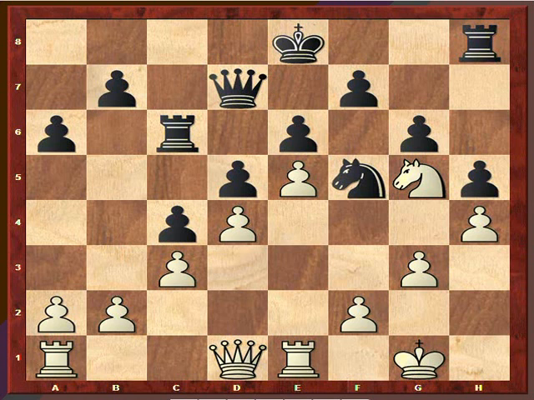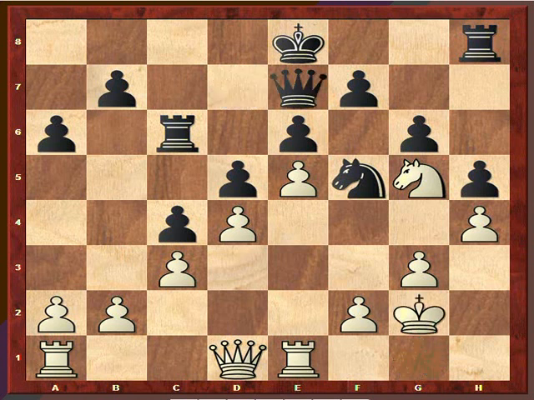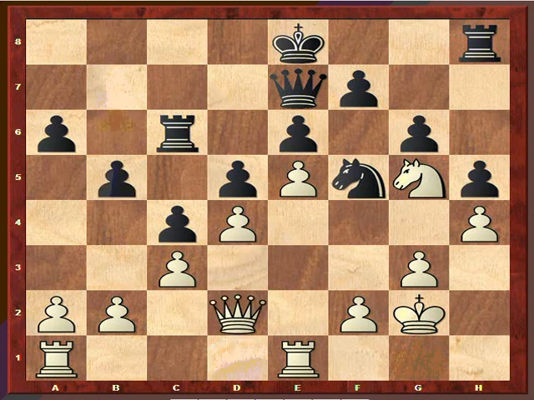it's still not clear for black. The position is still uncomfortable, probably because white has possibilities on both sides of the board. That's the problem. So queen e7, king g2, b5, queen d2,